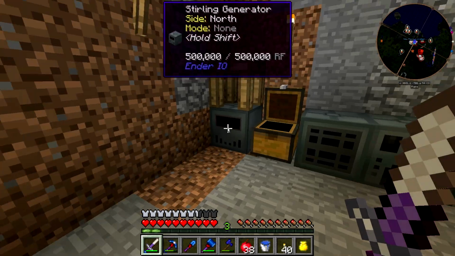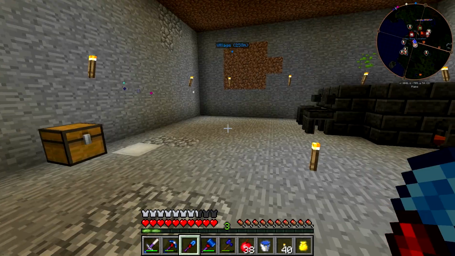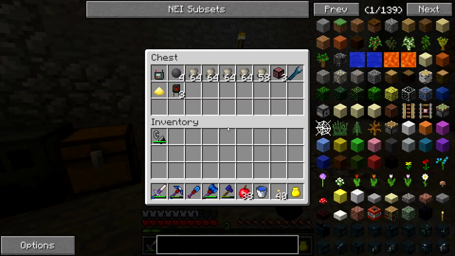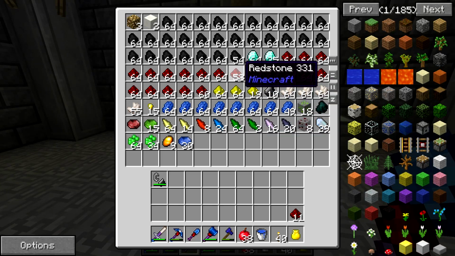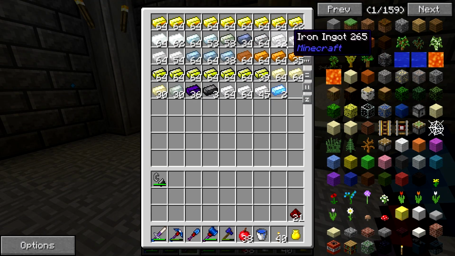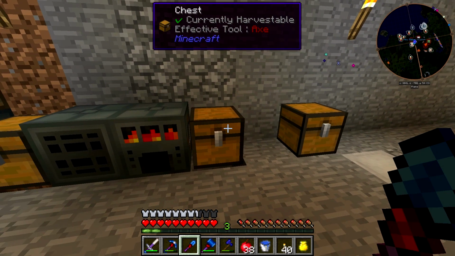But anyway, we've been running on this Stirling generator for a really long time now, and I definitely want to upgrade the power situation. One thing I want to do is get more of this energy conduit, which is conducting iron, which is some redstone, which I'll get, and then some iron. So I want to get this going while I lay out and tell you guys what I want to do for my power. So let's get this smelting in the alloy mode, and that'll make us up some conductive iron